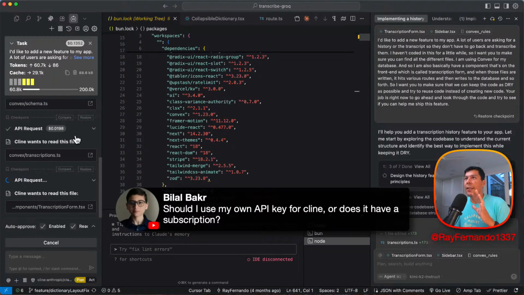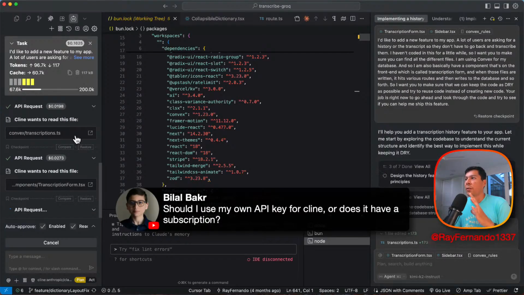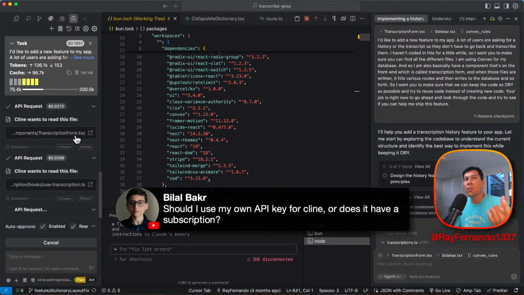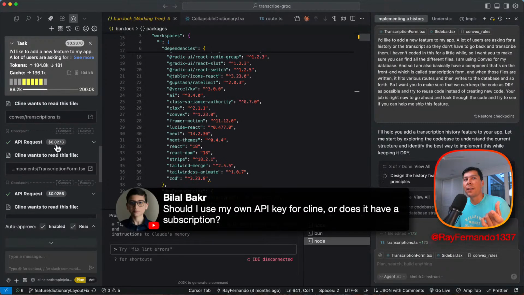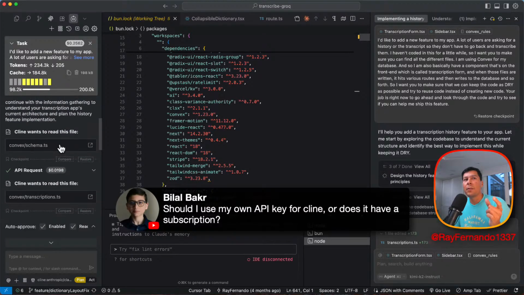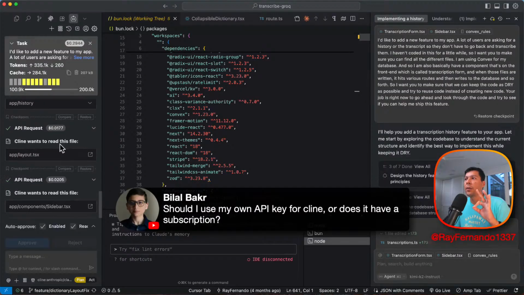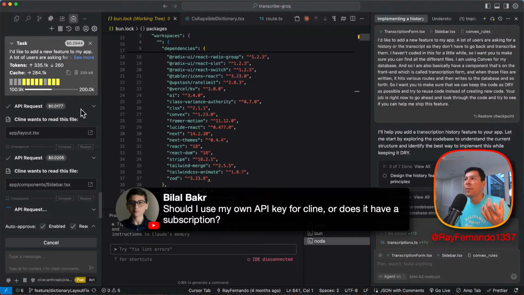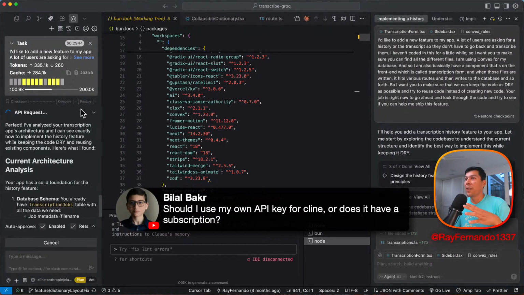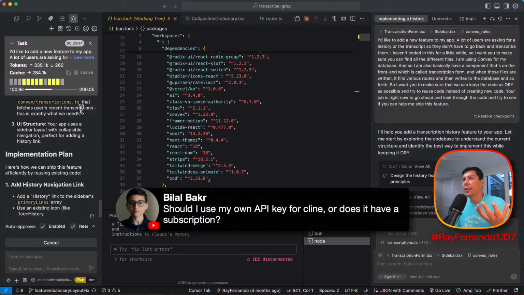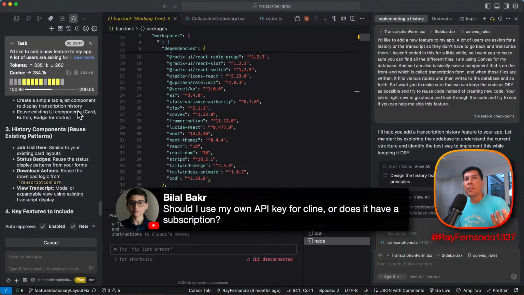So we're using Cline inside of Cursor, and we're using the Kimi K2 endpoint on Groq. So that's Groq with a Q, and Groq provides extremely fast inference. And we can see this API request cost is kind of adding up. So each little thing that it does to do a file check, it's basically 0.02 cents. I think Groq charges $1 per million and $3 per million for the output for Kimi K2. It's still cheaper than if you're using Opus. So apparently we should be able to get this Opus or Sonnet level intelligence with this type of model. And so, yeah, we're just going to see it basically do its thing.